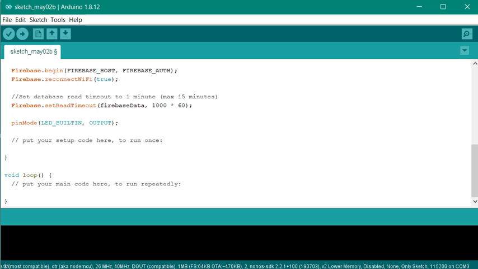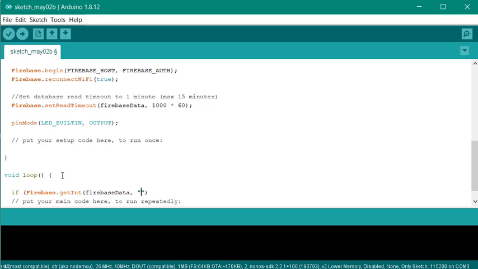Now let's set up the void loop, and create an if Firebase.getInt, and the data will be passed, that is firebaseData, and set up the path.